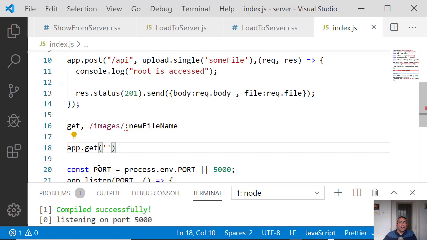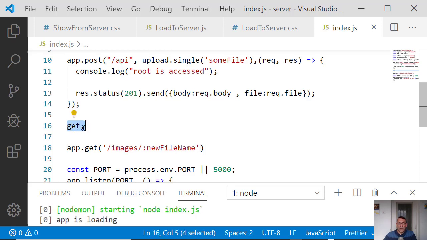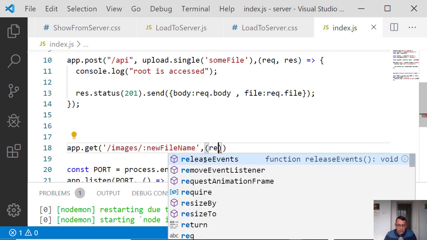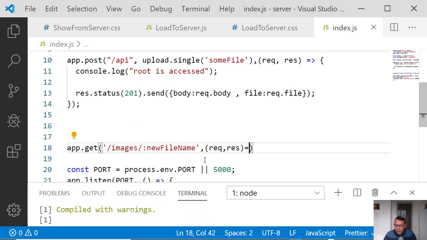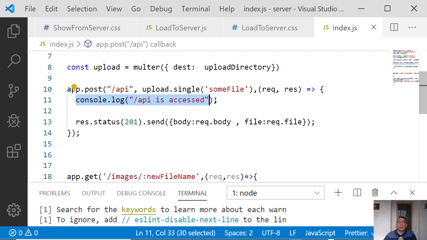And here I will provide it with the file name, the new file name, which is in the upload directory. Request, response. Let's change this. API is accessed, and now we can add here